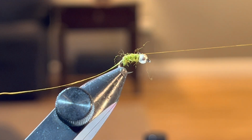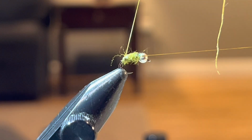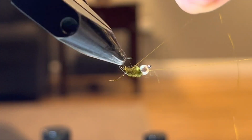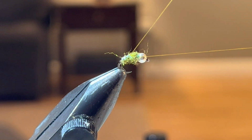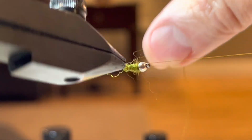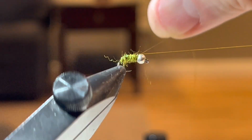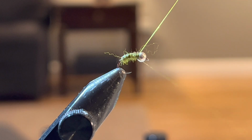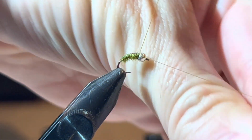All right, and then I'm going to hang my bobbin on the cradle. I'm going to take my tag piece of thread, and now I'm just going to use my rotary function. I'm going to slowly rib this fly with my thread, and it's going to reinforce the shell backing on there. It's going to strengthen the fly. It's also going to give that segmented look. All right, and then I just tie this off, wind my bobbin back up, tie this back off once,